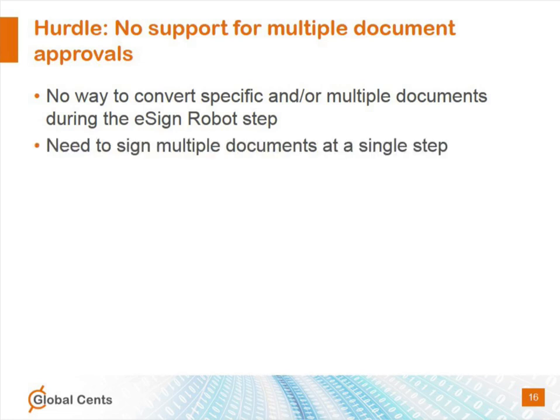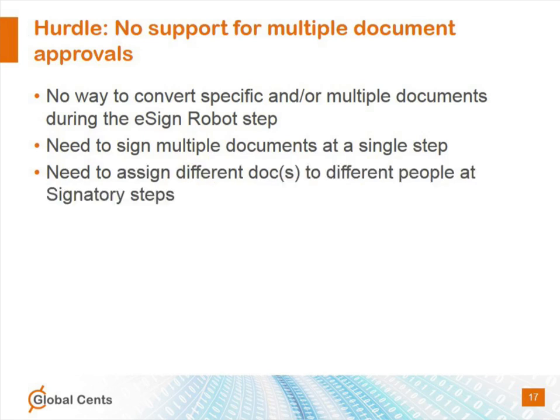Then starting from the simple idea of wanting more than one document in an approval process, you get to the next level of complexity. How to assign different docs to different people. And since change management processes usually go across multiple departments, chances are that different people may need to approve different documents within a given set. So then I have a set of documents in a workflow, and they're going along. But at a signatory step, what can we do when a person has more than one document and wants to approve some of them and reject others? This is a real-world situation. How is it possible to support a mixed decision signatory step? It's hard to envision how this would look to the end user.